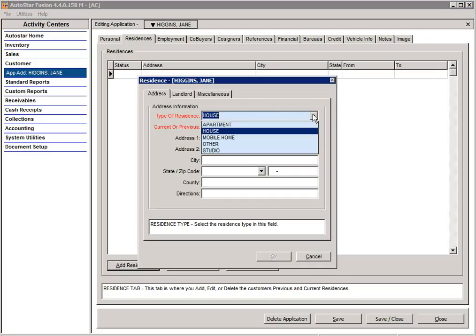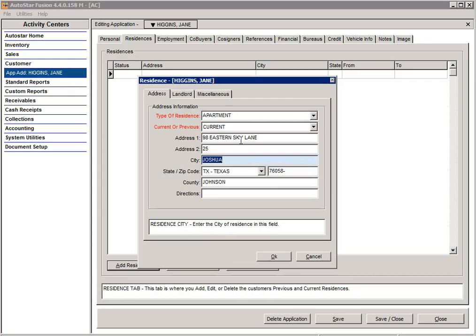Is it a house or an apartment, mobile home, studio? Is it a current or a previous address? Type in your address. And if you hit tab, it'll take you to the zip code. And here you can enter the zip code and it'll auto-populate the rest of the city, state, and county information. You do have a field for directions, and if you'd like, you could enter directions from the dealership to the